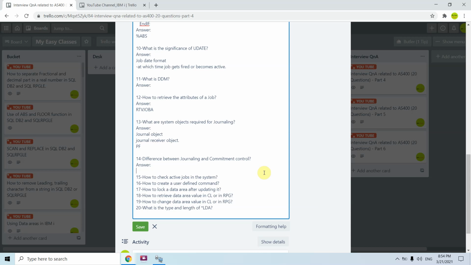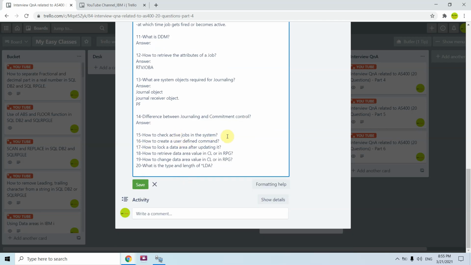In future, if you want to roll back those things, I would be capable of rolling them back using the journal objects. So these are two different things, and they are used together. Once we apply commitment control, we must use the journaling feature.